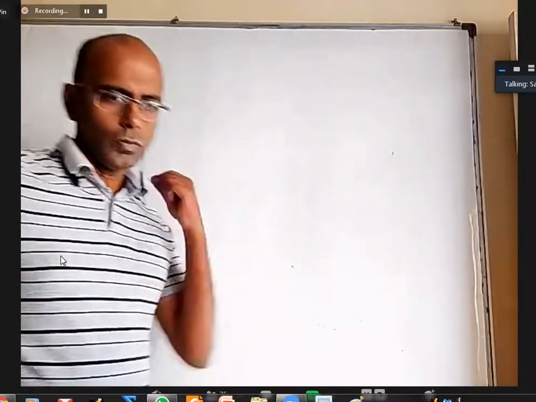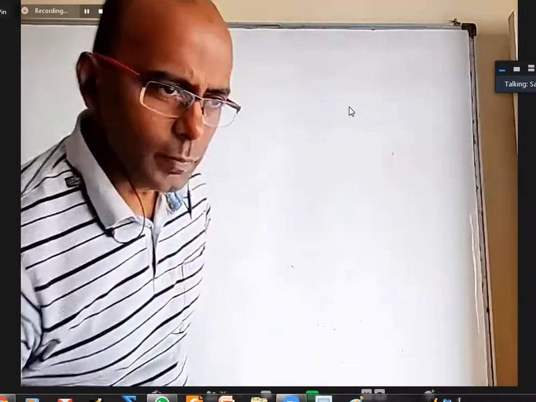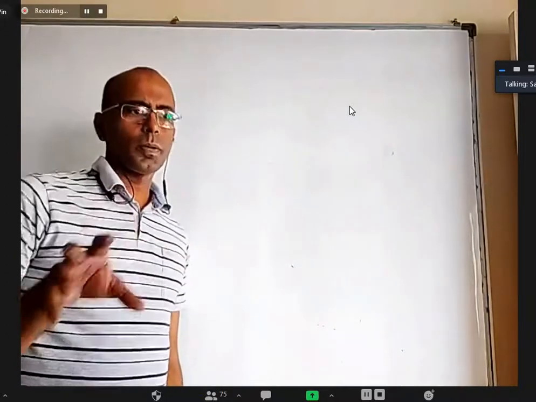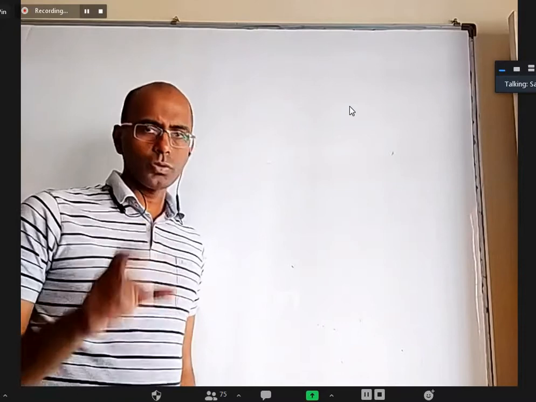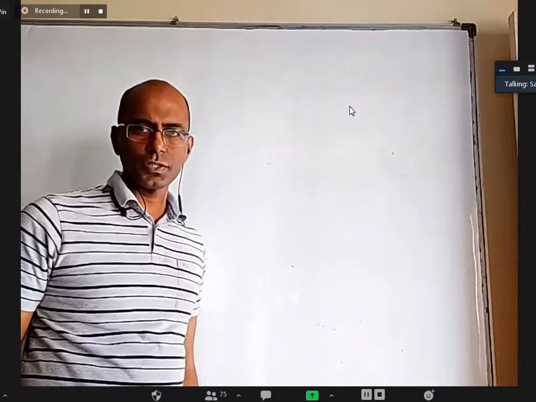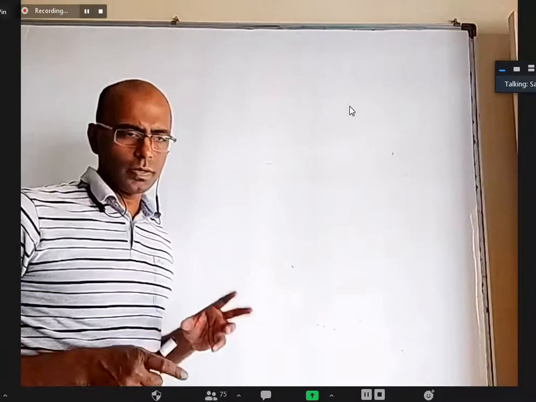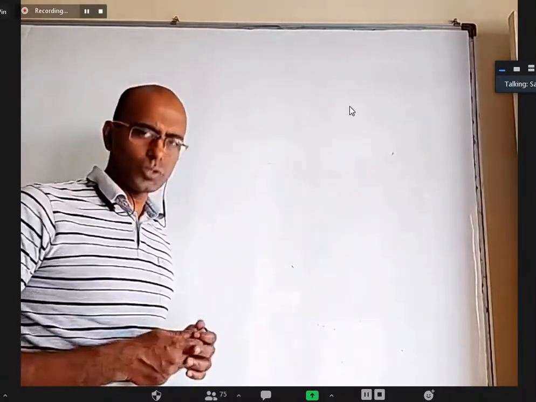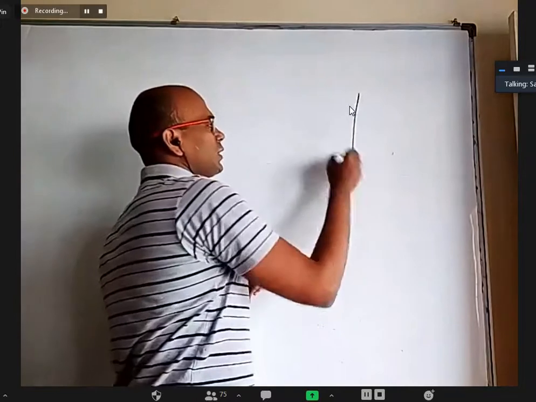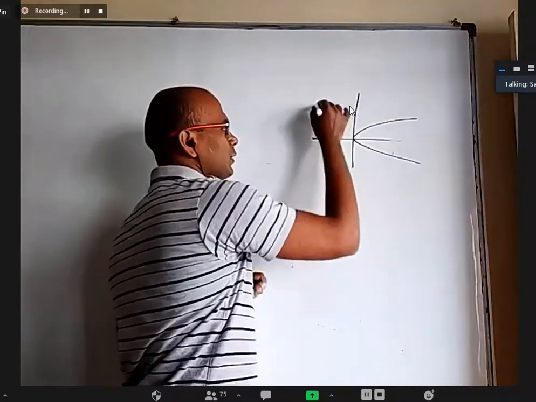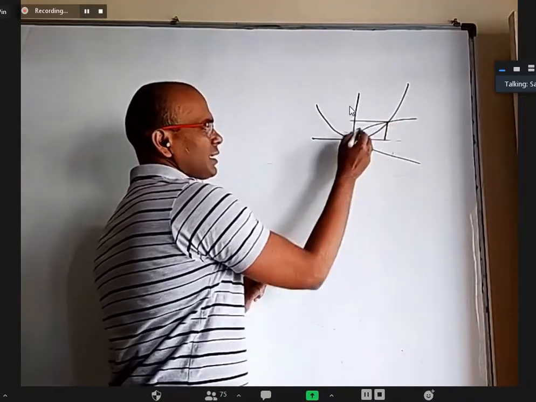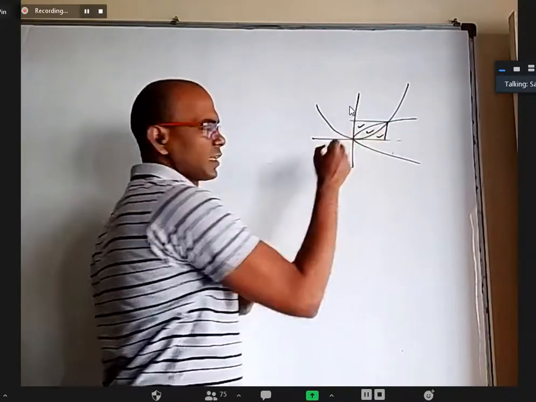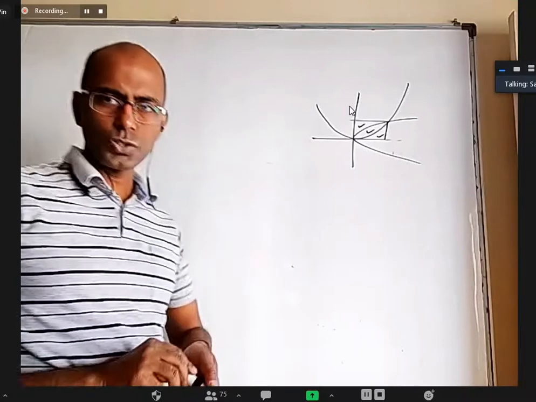Okay, now we are going to learn some areas, especially those related to parabolas, which we can try to do without integration, even though I'm going to tell one or two formulas which are derived from integration. So I'll give you a general hint. Basically, this whole idea I got from one of the past year IIT questions, which we also discussed, where two parabolas were there and you join these two, and they asked what is this area, this area, this area, what is the ratio? You remember that question?